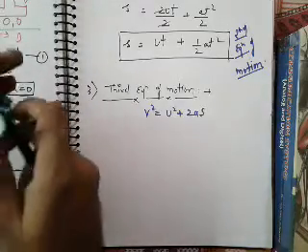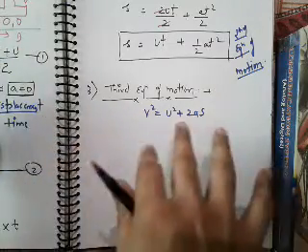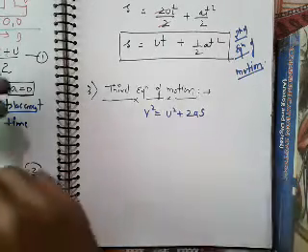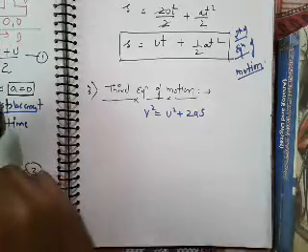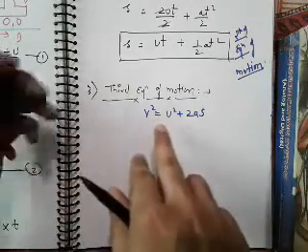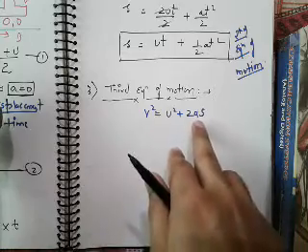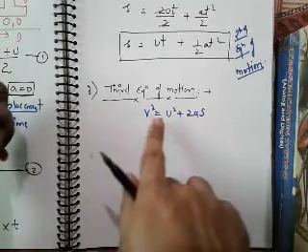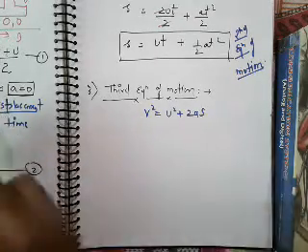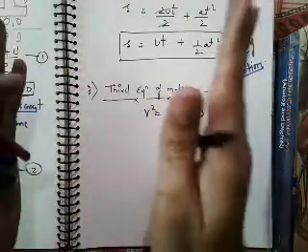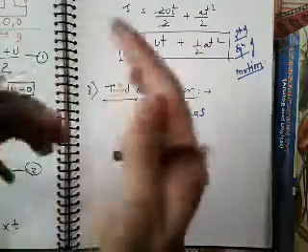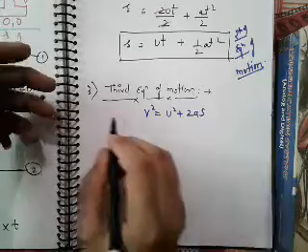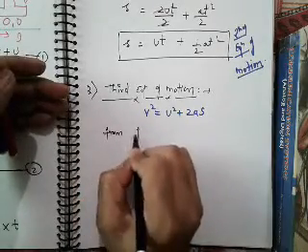Now further we are going to solve the third equation of motion. This is the last equation of motion: v square equals u square plus 2 into a into s. So this is the relationship between three physical quantities: velocity, acceleration and displacement. Both these are velocities, but this is the final velocity v and this is the initial velocity u. Time is absent here. To remember this statement, time is absent. We will use it in our further steps of derivation. So with the help of the first equation of motion,